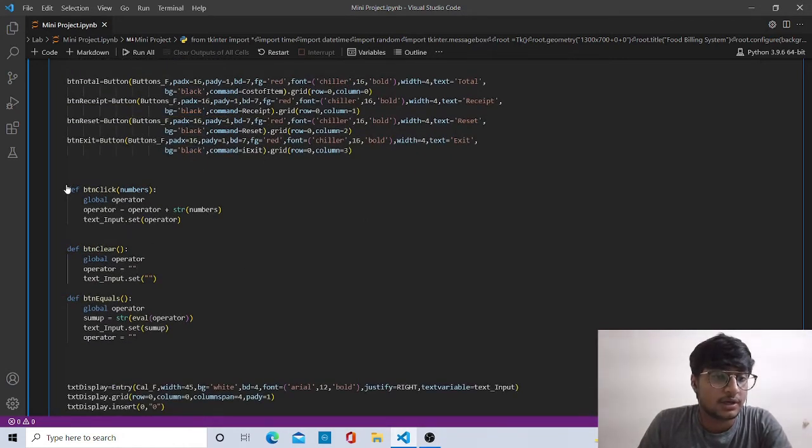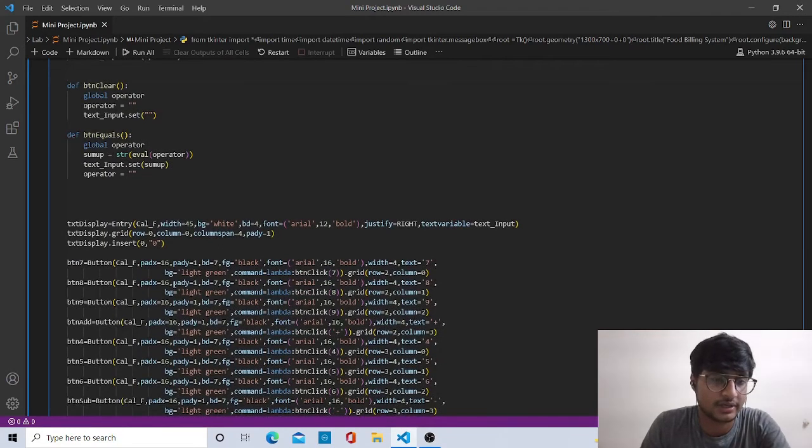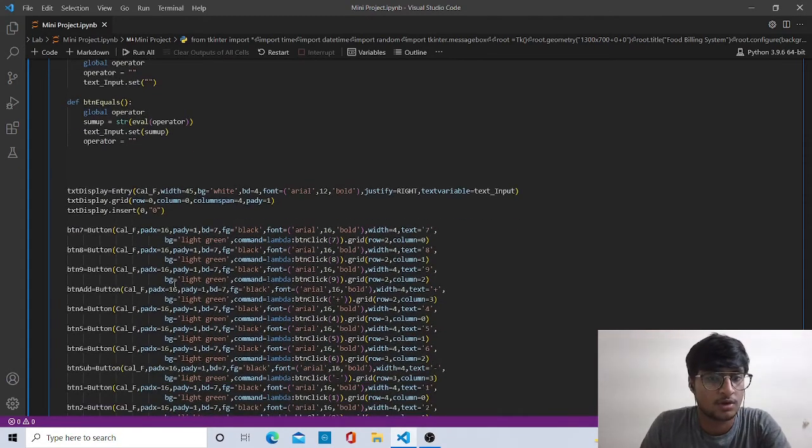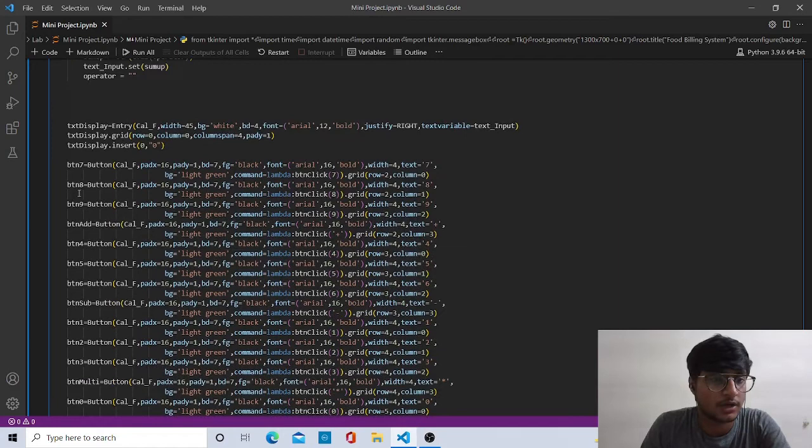Now here I have defined the button click introduced by the global operator for all of it, for button click, clear and equals to, which is included in it for the output. Now we'll come to the calculator buttons.